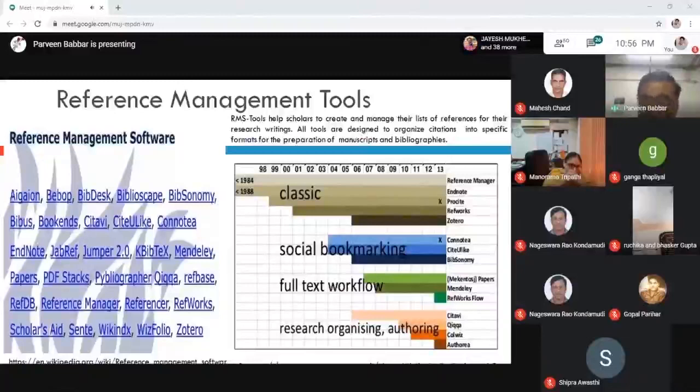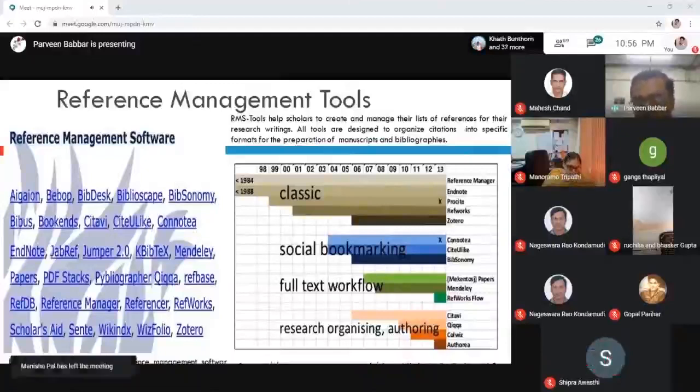These reference management tools were initiated and have been used since the 90s. During that period, the classic phase you have seen in my PPT, only some reference tools were used at that time. EndNote is one of them, and apart from this, Reference Manager, RefWorks and Zotero were also there at that time.